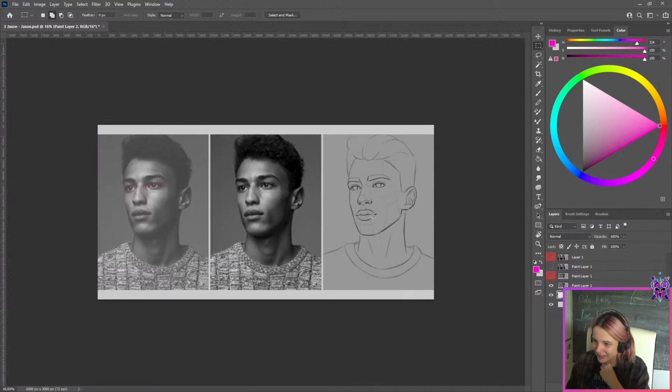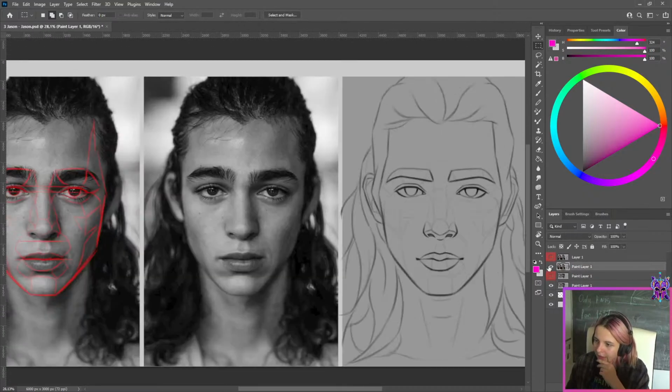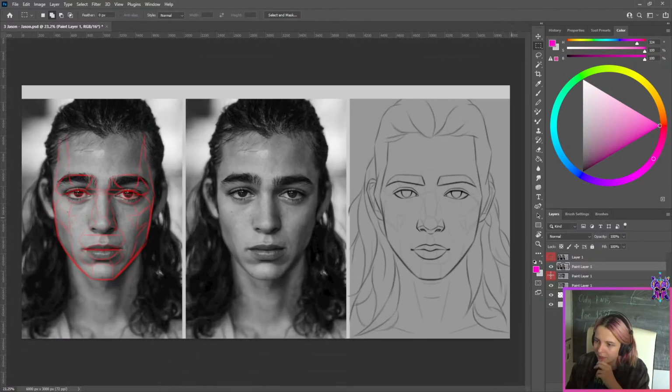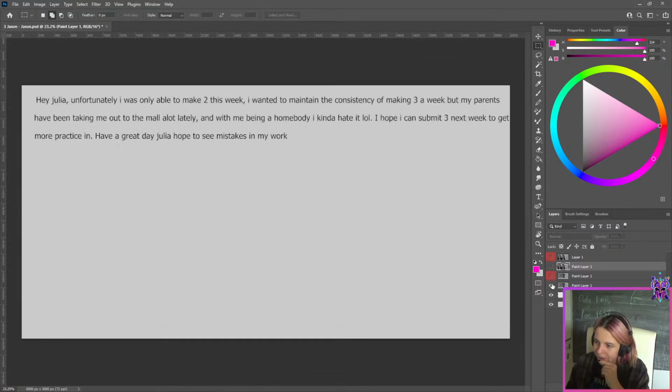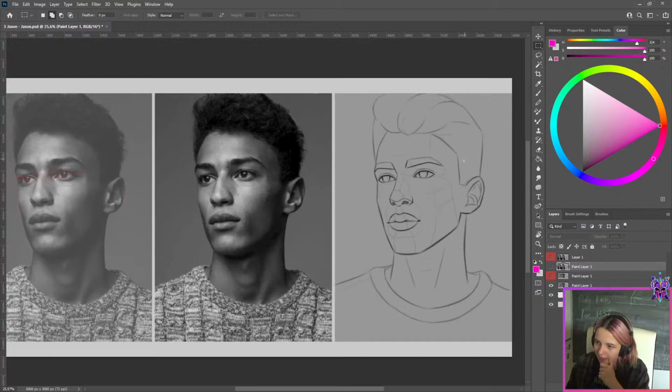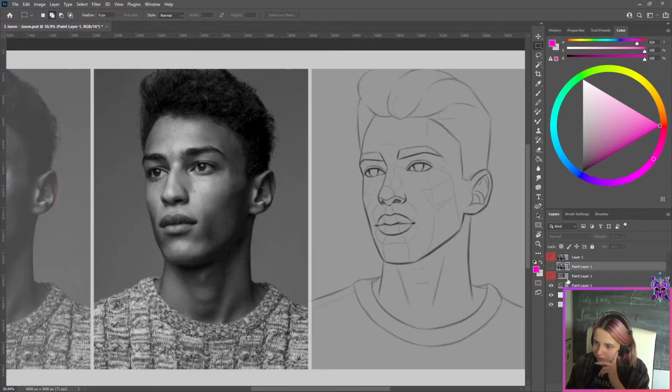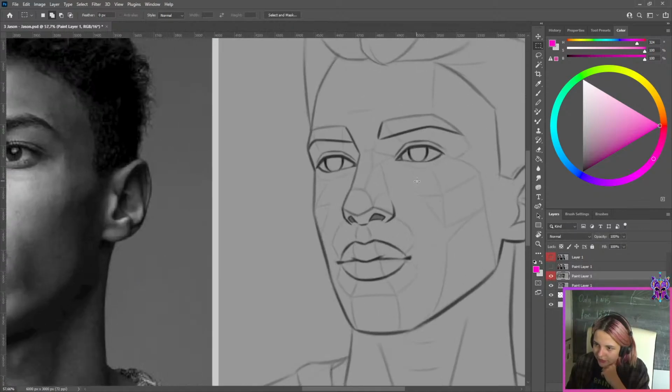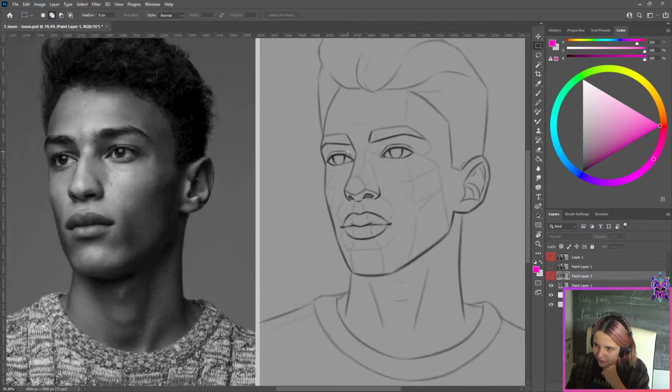Okay, so we have this one and we have this one. And they are both looking pretty cool. I especially like the silhouette, I like the mouth and the nose. There's still some stuff about the eyes, but it's really subtle. I just feel like the shapes you're doing for those irises feel a bit